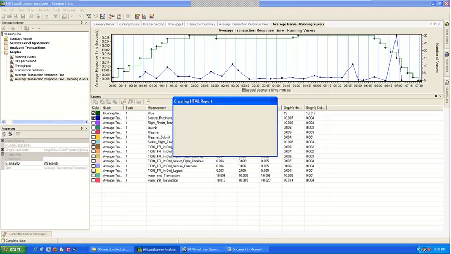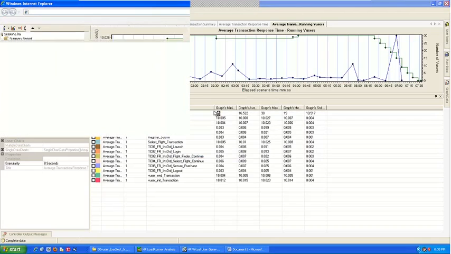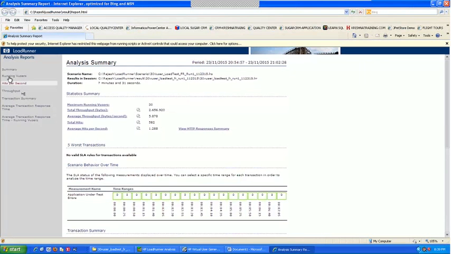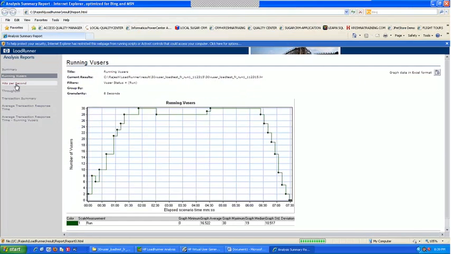Now it's creating an HTML file, a web-based file. You see, this is the HTML report. You see here, the same thing comes here.